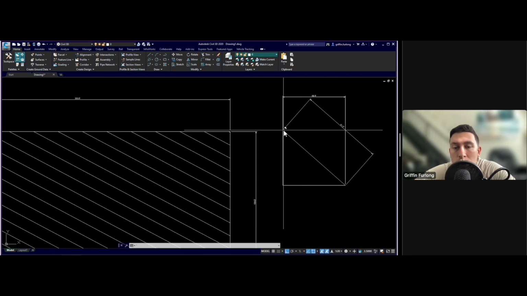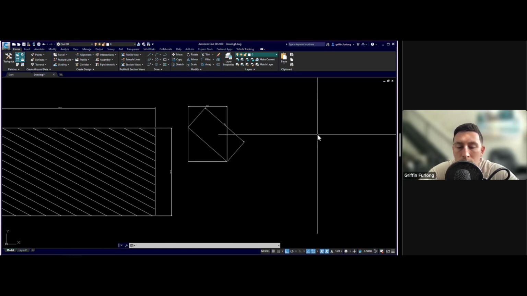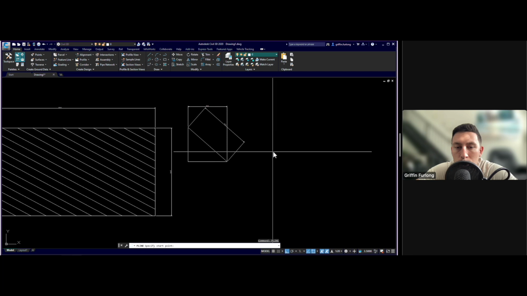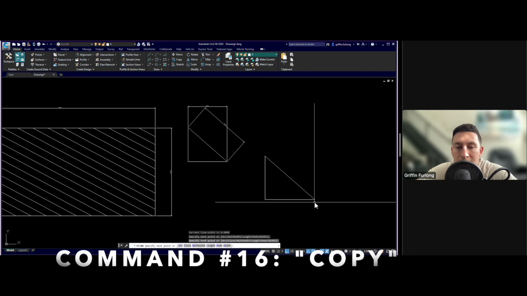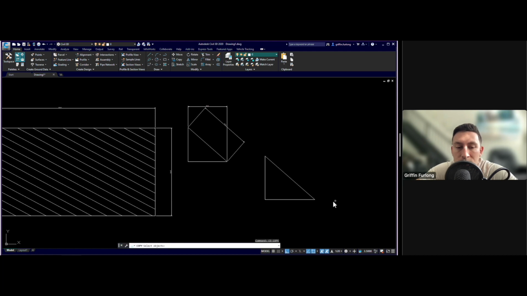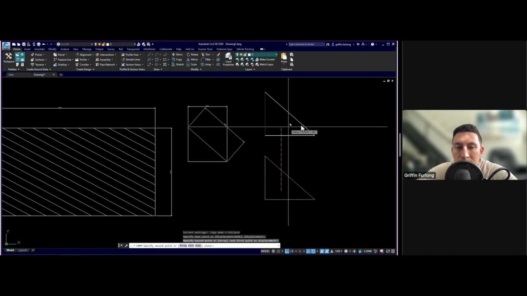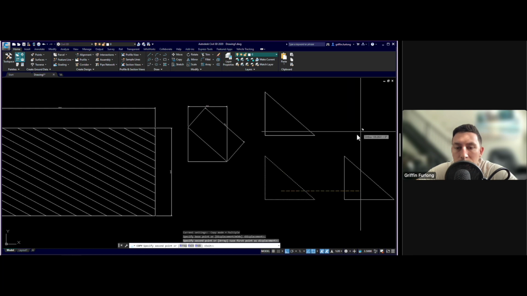Dim aligned is all about the perpendicular length, while dim linear is the distance between 2 points in an X or a Y axis. I'm going to throw a couple more at you. One command that I want to show you is the copy and the mirror. So I'm going to draw another triangle here, and I'm going to do CO for copy. I'm going to select this guy, bring that guy up here, and notice how you can continue to copy